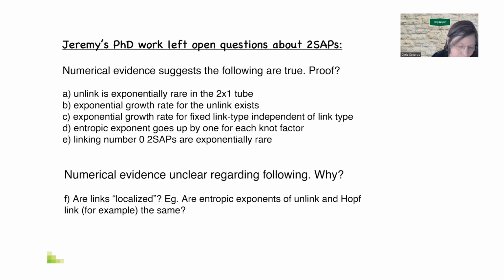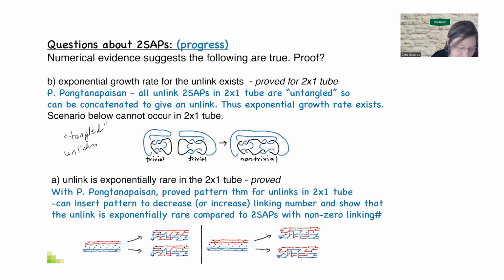And so we are able to prove that for the special case of the 2x1 tube using some of the results that we had, because they're again going to be 2 bridge, but also using the fact that in higher tubes, if you try to concatenate 2 2-SAPs to create a new 2-SAP, we're now not doing a connected sum operation anymore. And so you can take 2 trivial things and end up with something non-trivial. But in the 2x1 tube, all the trivial things are what we call untangled, and you can concatenate them and still end up with something trivial. And so that, combined with the fact that we can get a pattern theorem for unlinked 2-SAPs in the 2x1 tube,